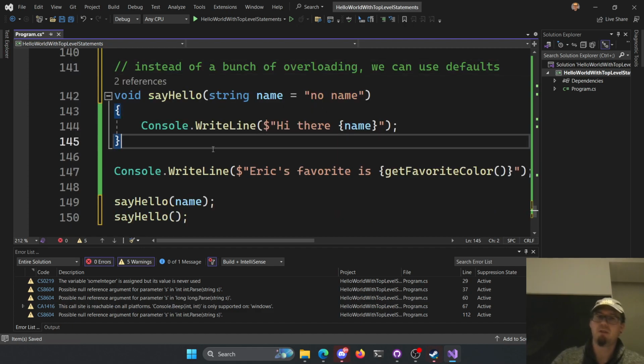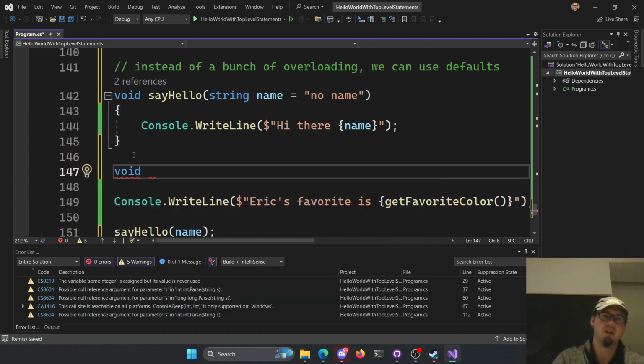Right? Now the weird thing that happens here is if you want to use defaults and you have lots of variables, the order really matters, right? Typically when we call and we give arguments to functions, they go in order, right? It's based on the position. They're positional arguments. The first thing is the first thing, the second thing is the second thing, the third thing is the third thing. So if you want to